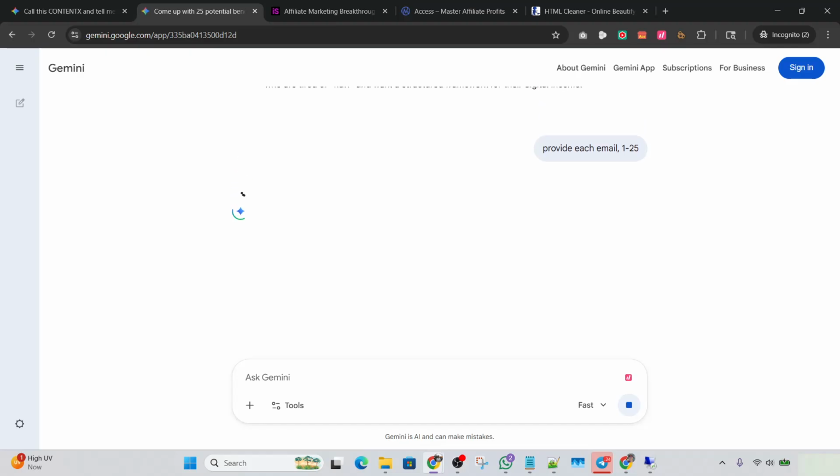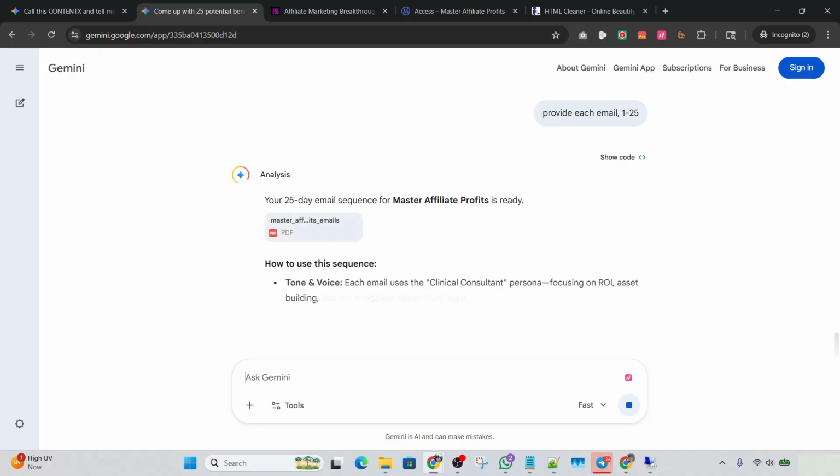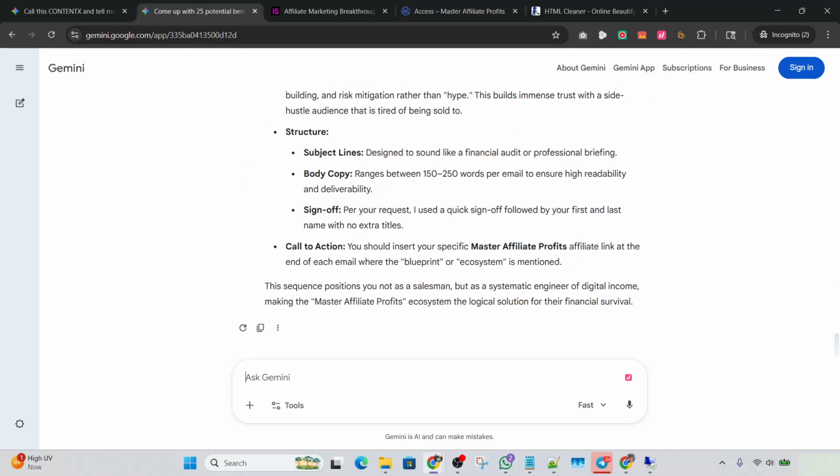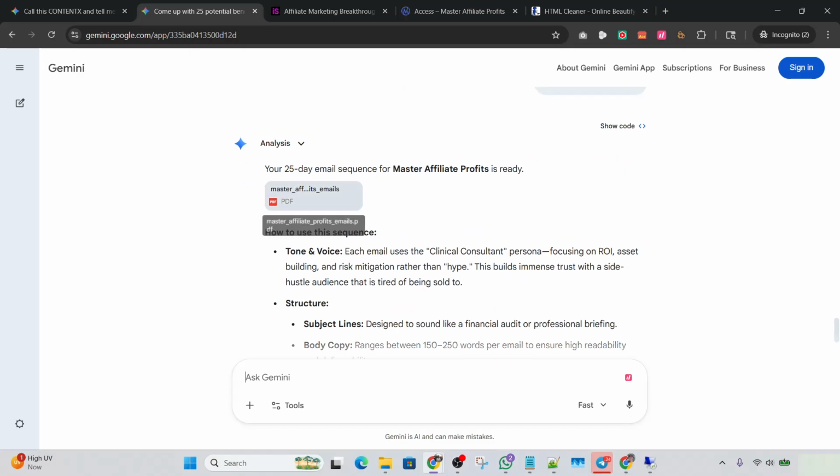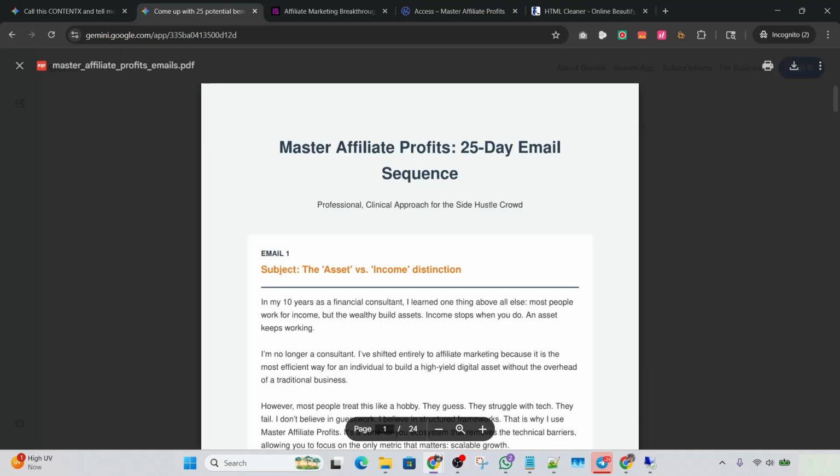And this is a free version of Gemini, so it might be faster if you're using a paid one. Okay, let's see. Okay, here we go. It's ready. Huh, has an attachment. Let's see what's inside this attachment.